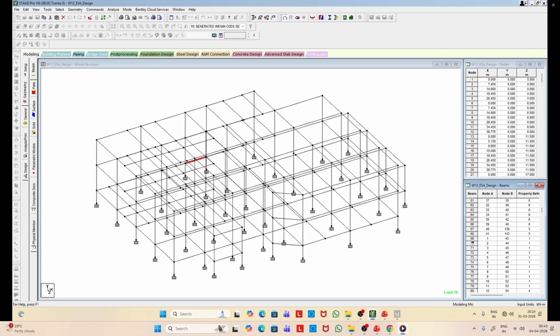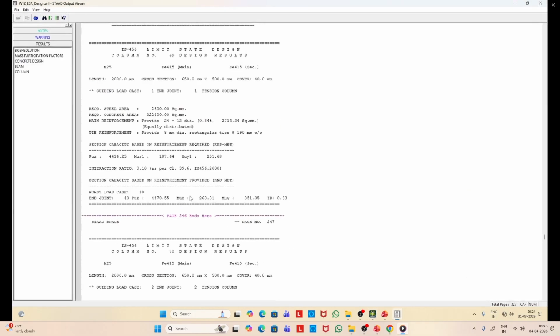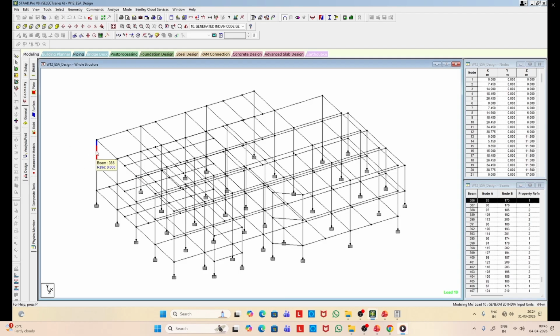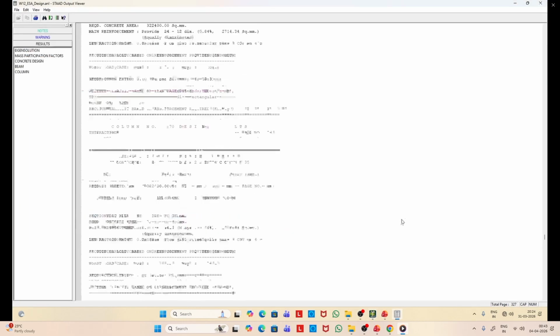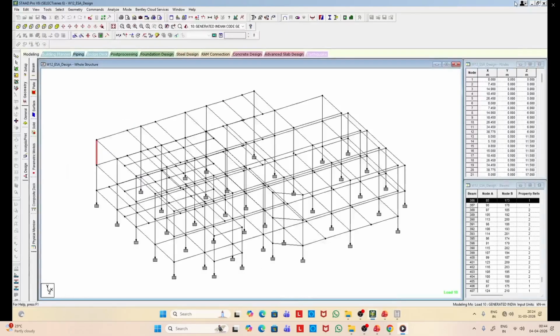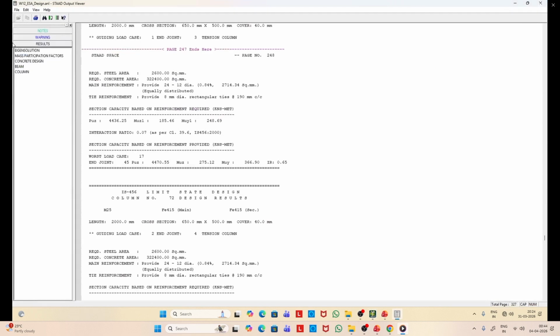So for example, this is 69, that's the corner column. Likewise 70, that is the next column. Here you can select one column, get the number, and see the design details given in the output file.